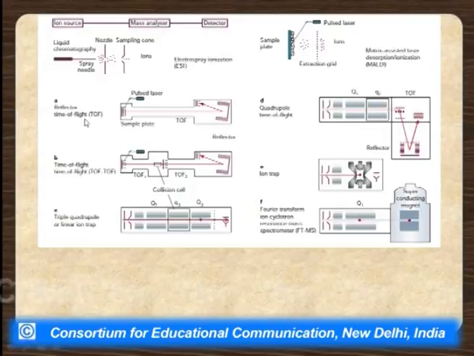So, you can have a time of flight where the sample travels through a tunnel, and depending on the kinetic velocity it deflects and is detected by the detector. Then you can have a tandem. So, you can have a TOF followed by a further TOF. This way the resolution increases. Then you can have a quadrupole which can be in a linear setup, and then you can have a quadrupole coupled to a time of flight, and then you can also have ion traps and then Fourier transform ion cyclotron resonance MS systems. So, there can be several combinations of them.